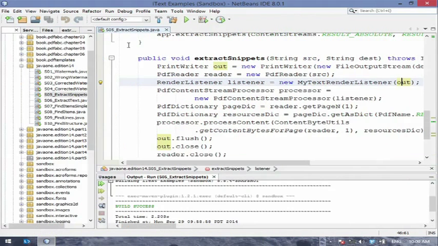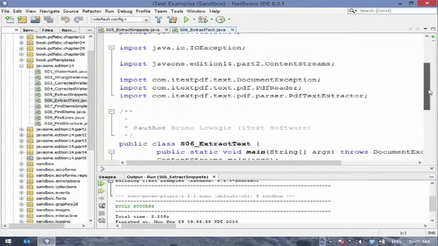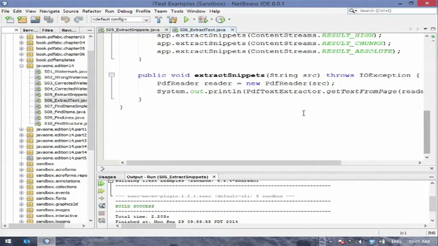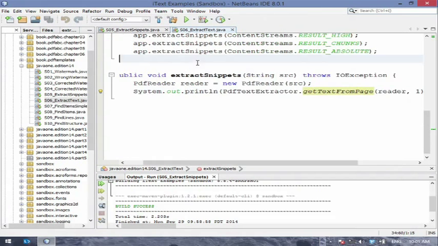We have an implementation in iText that takes in all this coordinate information and tries to puzzle together all these pieces of text to get actual useful text content out of the content stream. So there's this convenience method, getting the text from a page using the PDF text extractor from page 1 again.